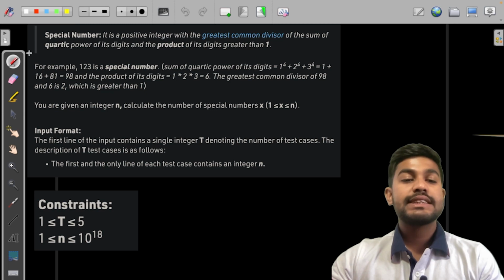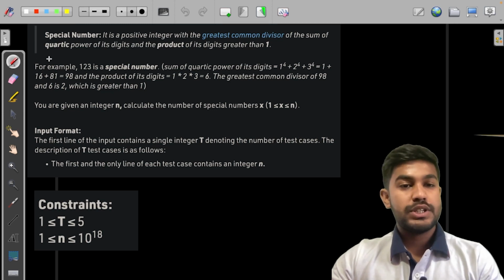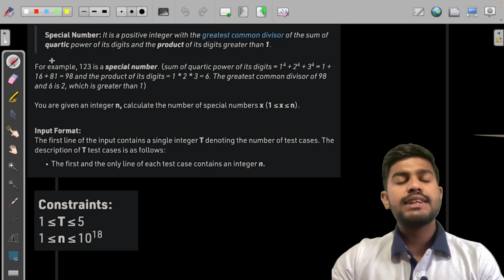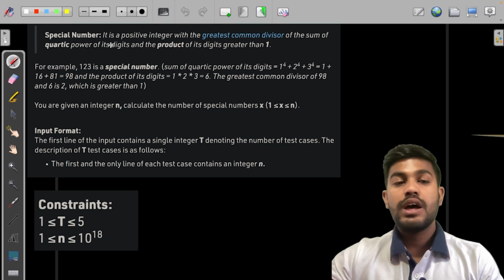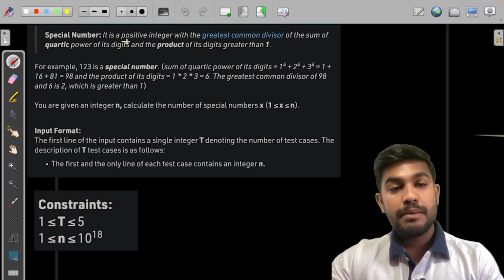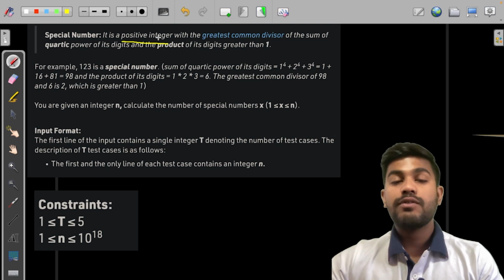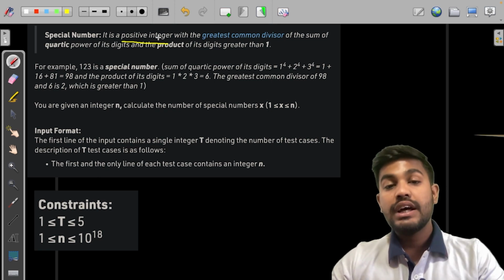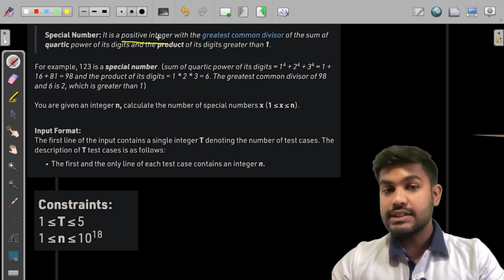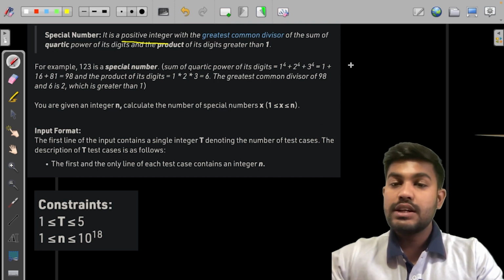Today we would be discussing the problem count of special numbers. So before that, let us understand what is a special number. A special number is a positive integer, and what are the conditions that apply over it? The greatest common divisor of